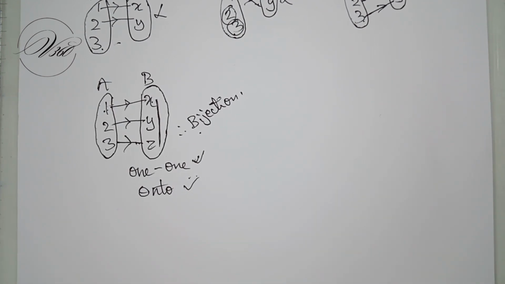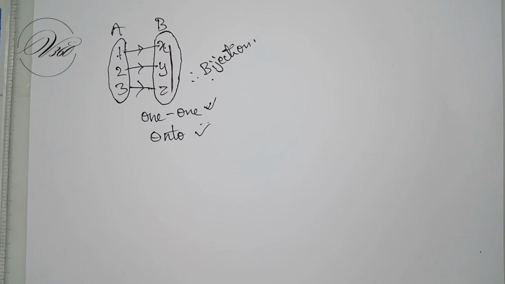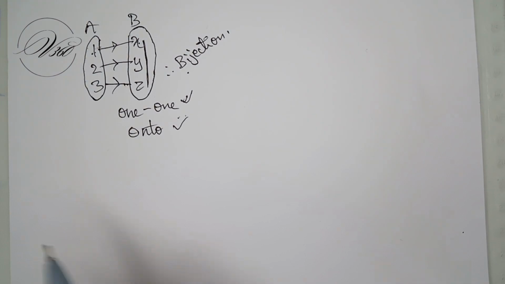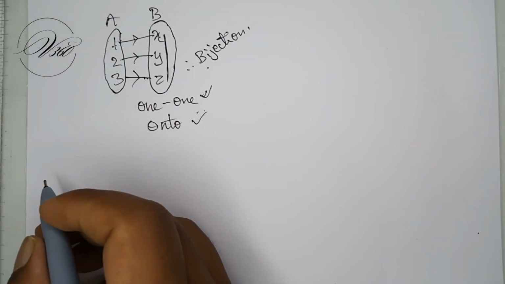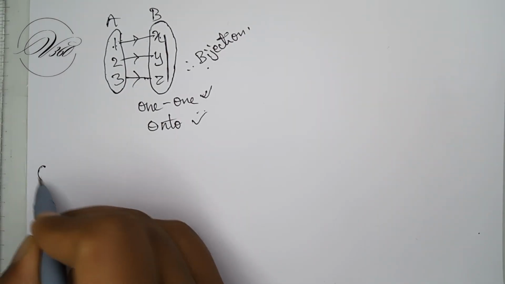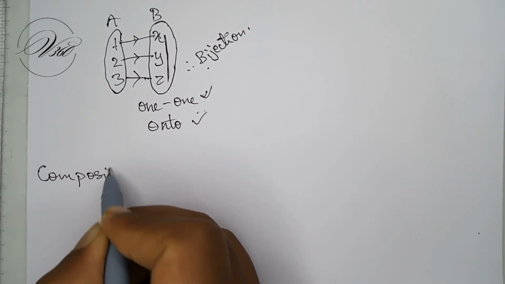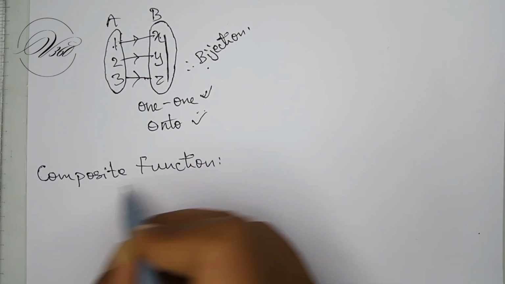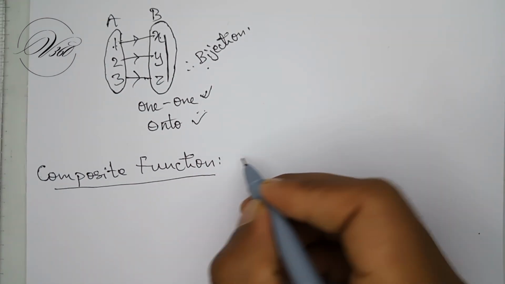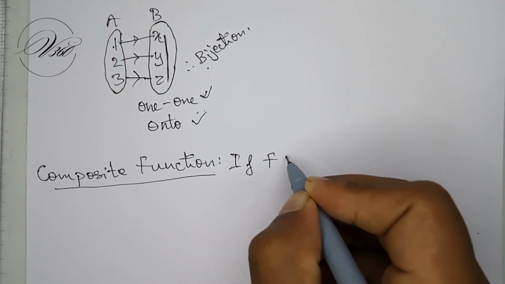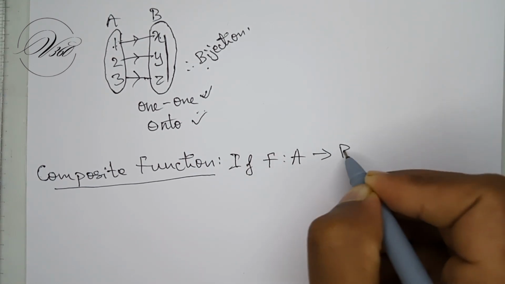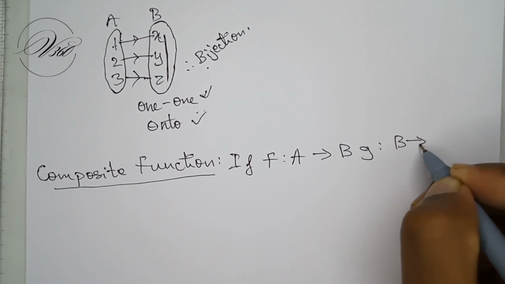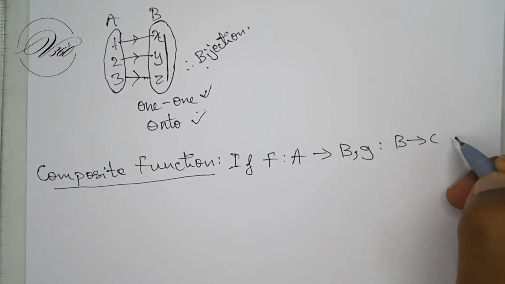Now we will do composite functions. Okay, we are going to do composite functions. Now we are going to do composite functions. Okay, composite function. We will write the definition for it. If f maps A to B, g maps B to C, then